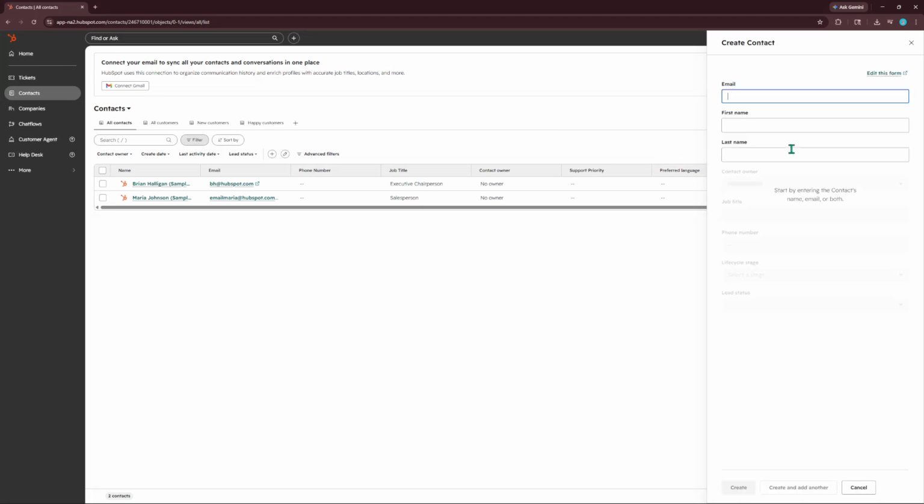To use custom properties, navigate to the Properties section within your contacts. Here, you can add new properties that align with the information most relevant to your business. Once you've set up these custom properties, you can start assigning them to your contacts. This step is crucial because it enables you to pull valuable insights and generate meaningful reports based on the data